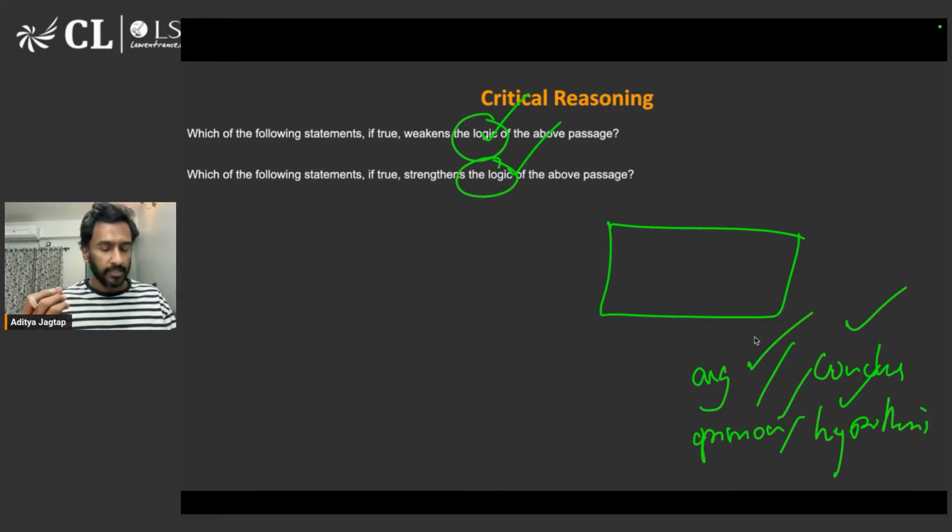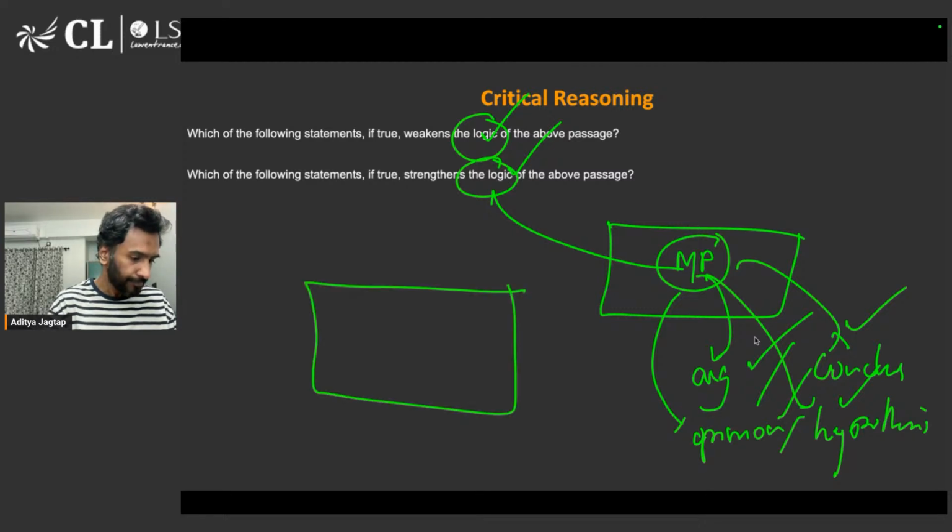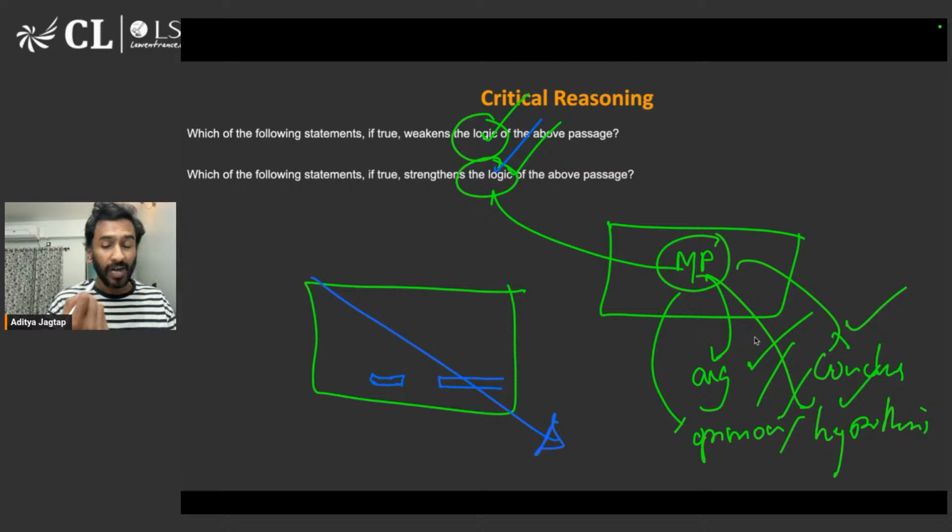The problem with that is it's not important for me to just know the main point of the author. Most of the time, the main point would be similar to this, but I should know the exact words which indicate the main point of the author or which indicate the logic of the author. When I read, I want to figure out the exact words. Now, why do I want to figure out the exact words? Because suppose,